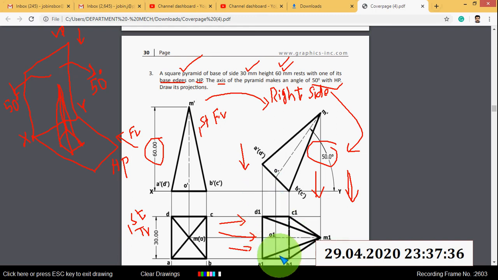Then draw the outer lines through the points, and complete the visible and invisible edges. Here you can see C1 B1. This edge is represented by a dotted line. That means when you look from the top view direction, you can't see this edge, and the name of this edge is BC. So that's why B1 C1 is invisible. So this is the final top view.